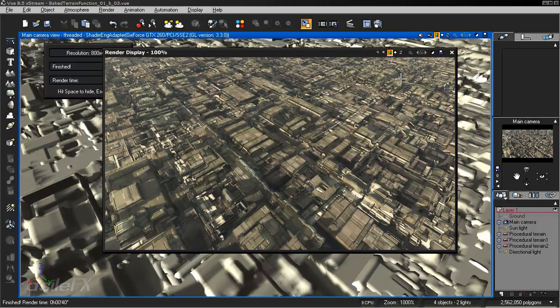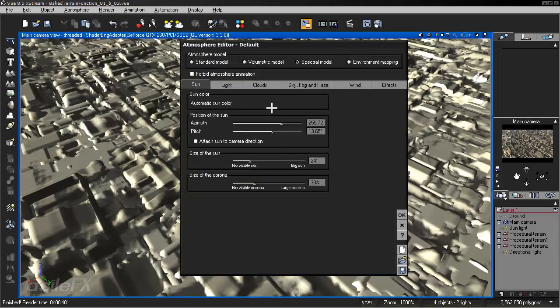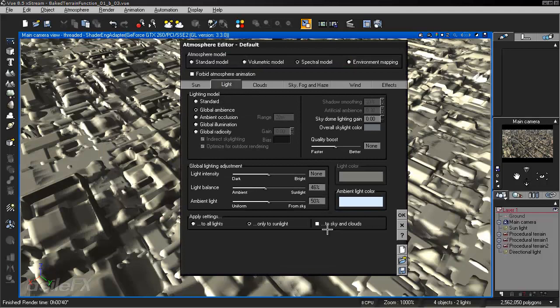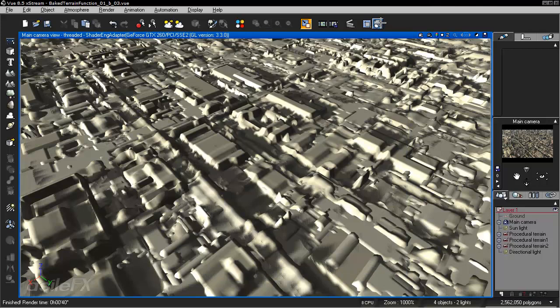not have this light controlled by the atmosphere editor, which it currently is by default, go to Atmosphere Editor, and under the Light tab, there is an option to apply settings on the bottom. It's basically these global lighting adjustments, to only the sunlight or to all lights. So actually, I did say that wrong. By default, it is set to only the sunlight and with the scene. So I am going to set it to all lights